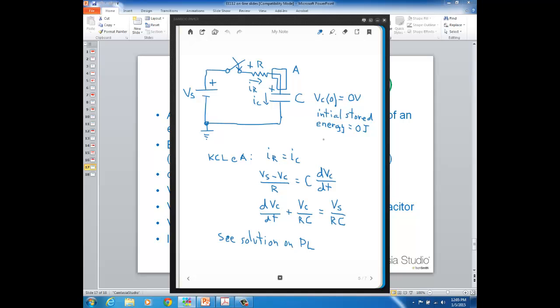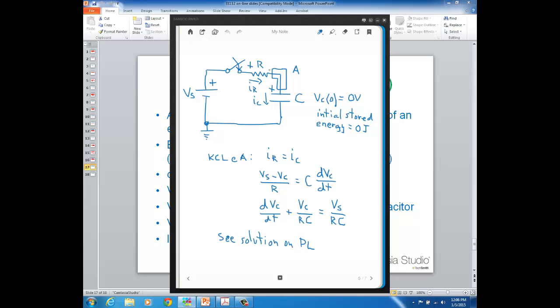So to come up with an expression for the voltage across the capacitor as time progresses past t equal to 0, we just use some circuit analysis. As you can see here at node A, we did a KCL equation, just IR equal to IC. We write this current through the resistor in terms of voltage using Ohm's law. So the voltage across the resistor is just the voltage on the higher end side here where the current enters,